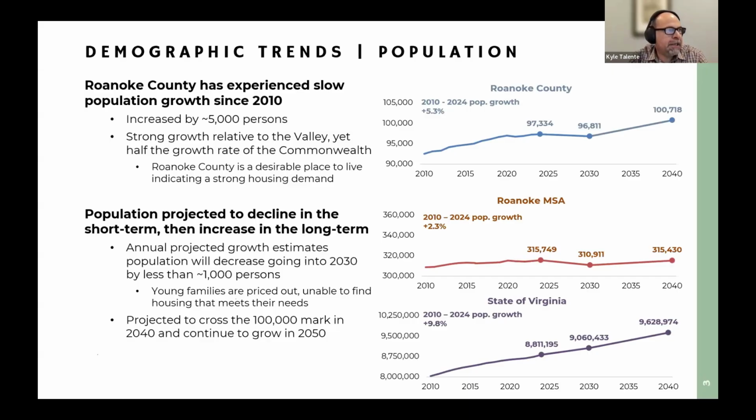So the first slide you're looking at is we looked at trends in population changes, both for Roanoke County and for the MSA. If you're not familiar, the MSA includes,